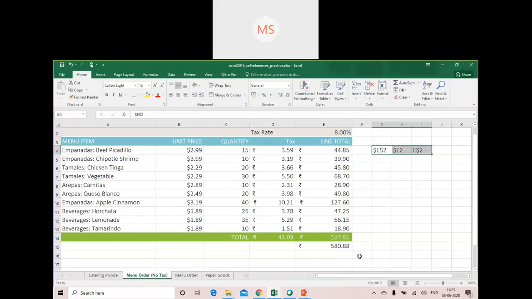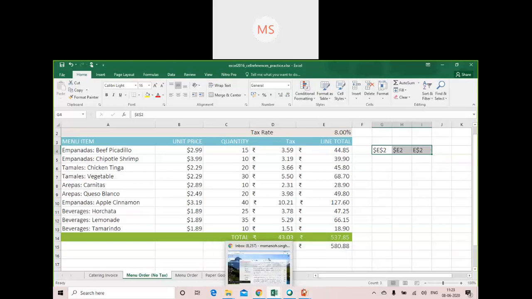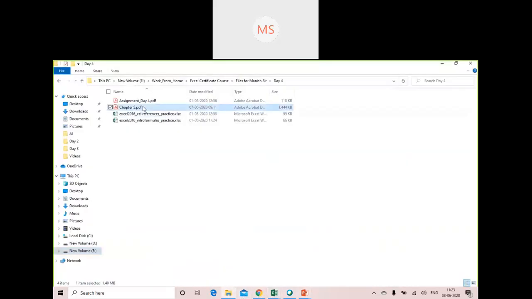Other details are given in this file, which I will be sharing with you all, so you can refer to that particular file. Day 4, chapter 5.